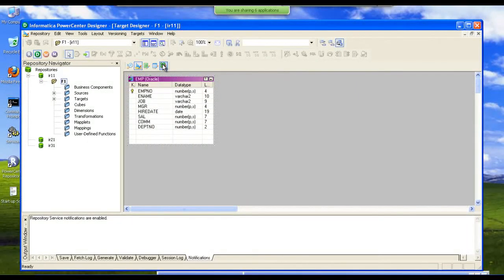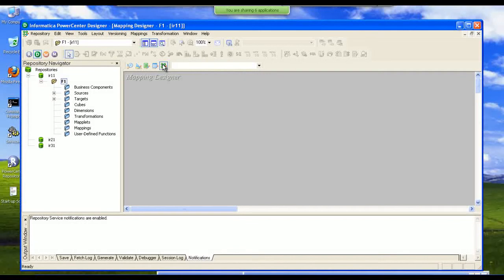Now we are going to create a mapping. By using this mapping designer, we are going to create a mapping. A mapping is nothing but we clean, cleanse, scrub. That is what is known as the transformation process. Here we apply different business logics or business rules. This is what we are going to learn in this Informatica ETL developer training. First we have to pull the source